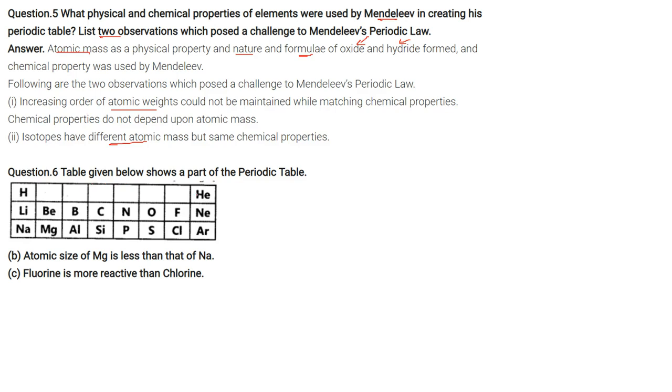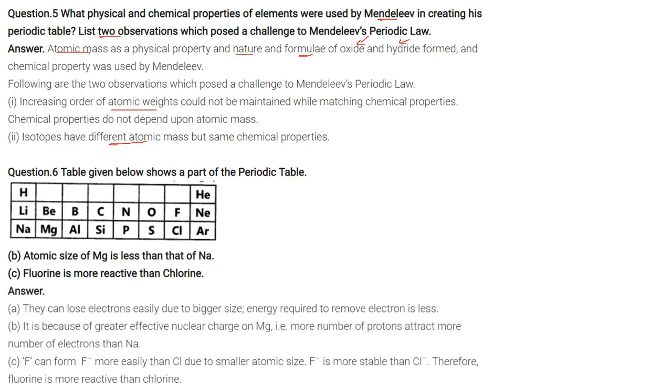The table given below shows a part of the periodic table. Atomic size of magnesium is less than that of sodium. Why? First of all, sodium can lose an electron easily due to its bigger size. Energy required to remove an electron is less. This is the discussion we can see here. But if you go to the second option, atomic size of magnesium is less than that of sodium because greater effective nuclear charge is on Mg, because more number of protons, more number of electrons, so they attract more